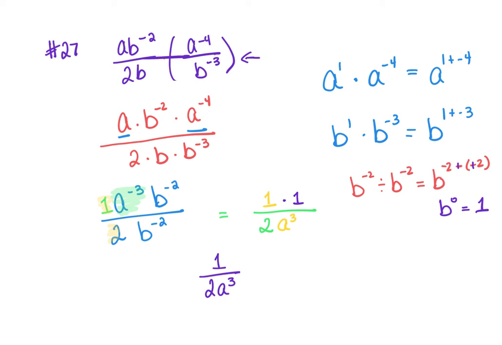And when I'm finally done with this, I should only have 1 of each. My final answer should never have 2 A's in it. I have not simplified it at that point if I have more than 1A or more than 1B. Make sense? All right, so for this one, I have